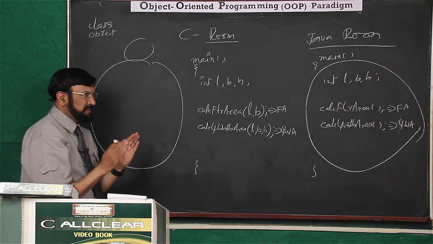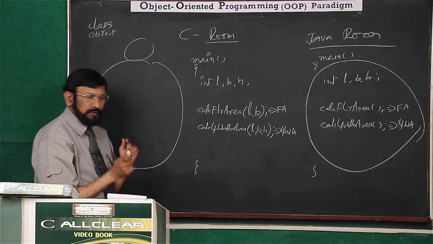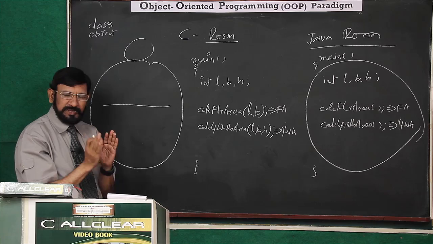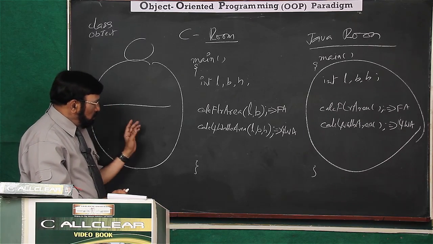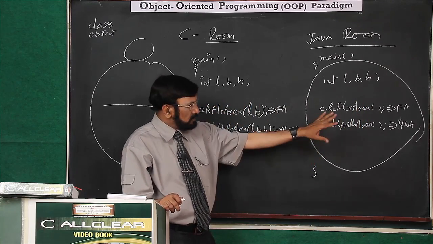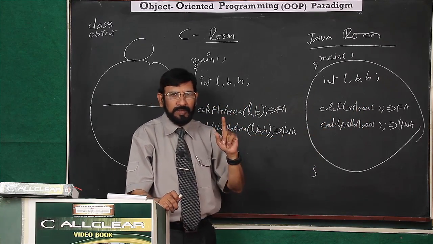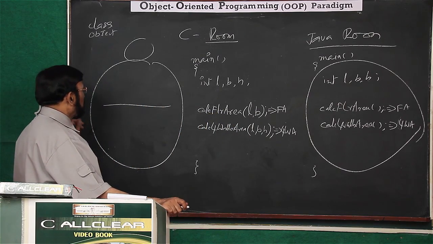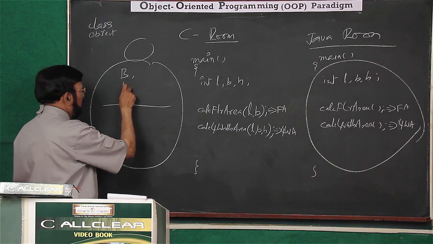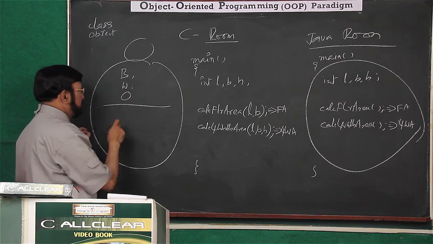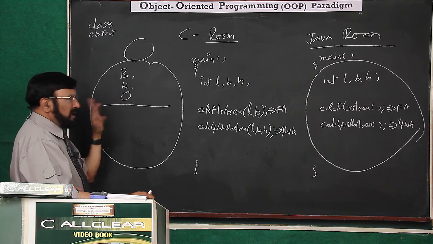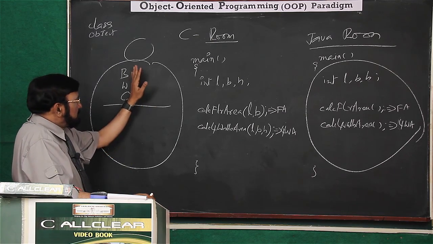This is you, your system, and you are an object. Already I told you, in your body, which data is there? Just for example's sake, I am telling you, because how your body is working, object oriented programming, OOP program, also works in the same fashion. That I want to prove. Then you see, in your body, certain data items are there. Those are blood, water, and oxygen. Let us take them as 3 data items.